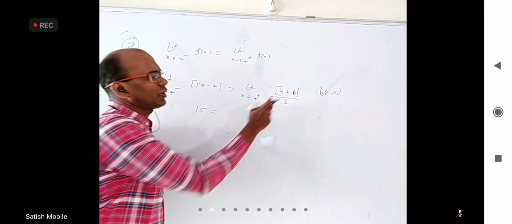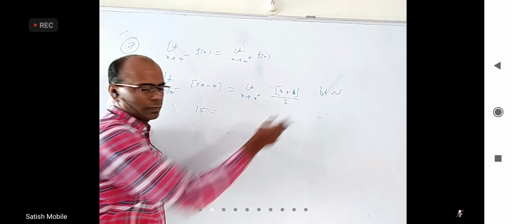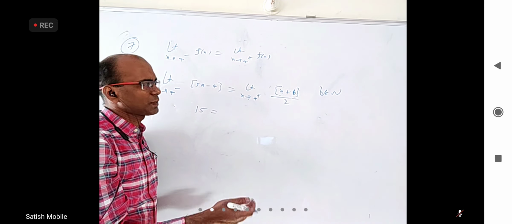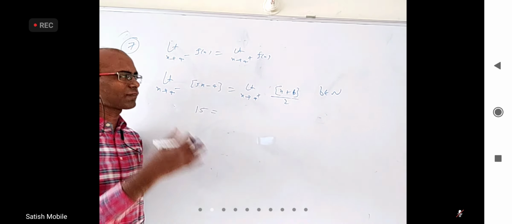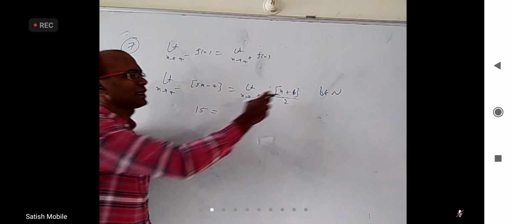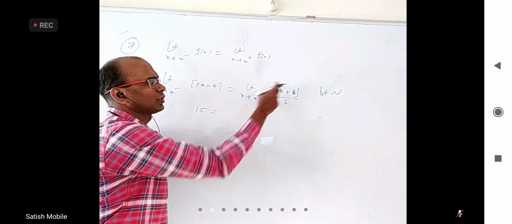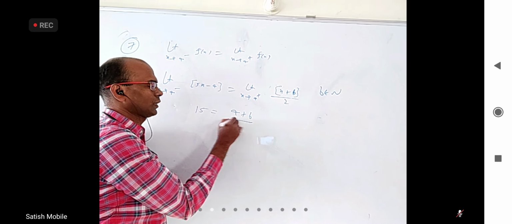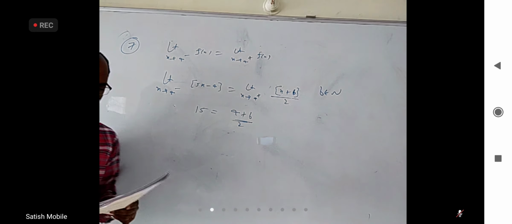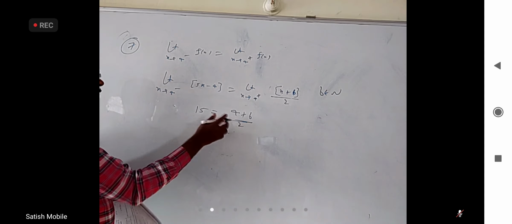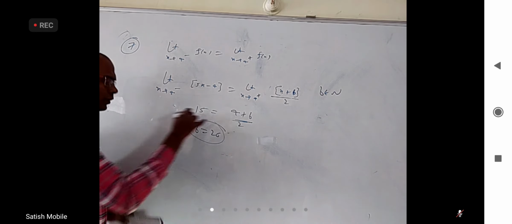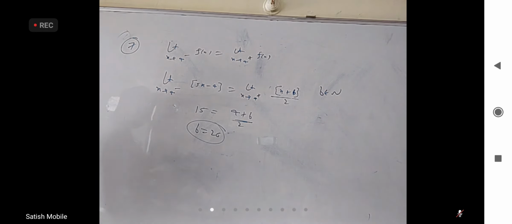Exactly at 4, it is 4 plus b, a natural number only. And just after 4 also it is 4 plus b. The right limit is not an issue. Only for the left limit you have to decrease 1. Because b is a natural number, when x is 4, this is 4 plus b straight away, I don't have to decrease 1. That's it. They say 30, b is 26. So 26. Yes. Very simple, nothing difficult here.